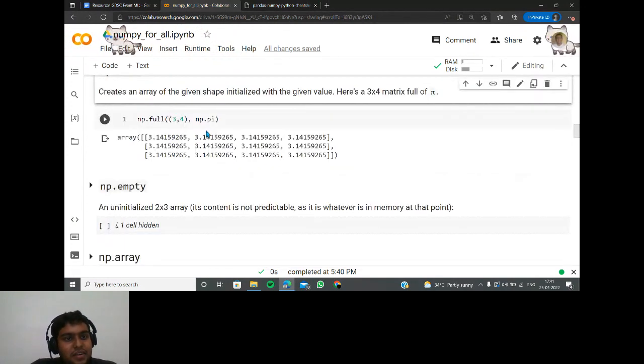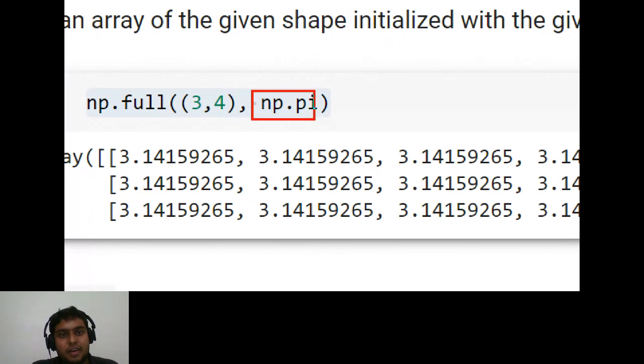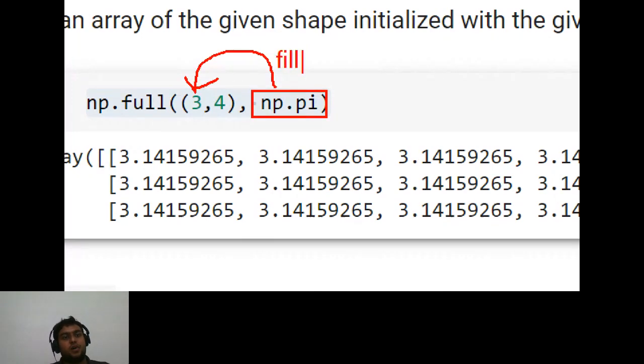So we all have that, and there is a plethora of operations you can go out and do on it. You can say np.full fills up that entire space of values with only one kind of element. So this is what is being talked about here. Pi is something that I wanted to add in, and it just needs to get filled up here. So I'm just saying, fill all the pi values here. This is what that function is all about.